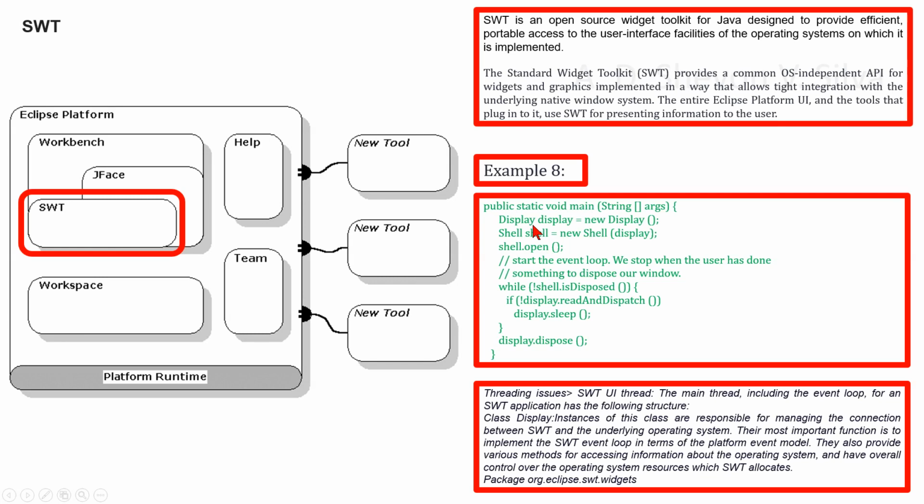Their most important function is to implement the SWT event loop in terms of the platform event model. They also provide various methods for accessing information about the operating system and have overall control over the operating system resources which SWT allocates. This is in the package